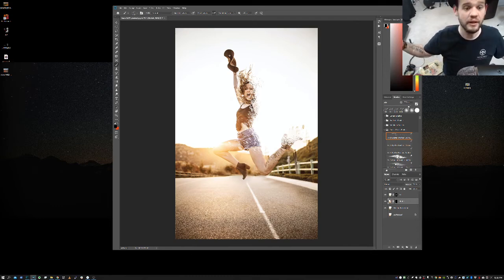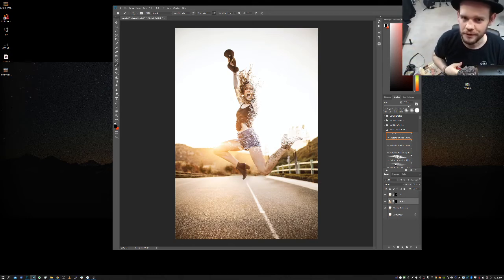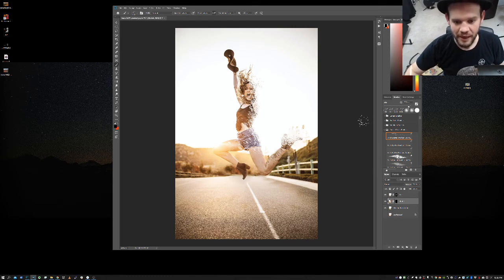It's the same as all the other layers. It's just a copy of this picture of the girl. It's a copy of the picture of the girl that we stretched out so she's all crazy, but it started out as a copy of the picture of the girl. And now there is a mask on top of it that's hiding that. That's all. So we're going to take our spatter brush, change our color to white because this is something that